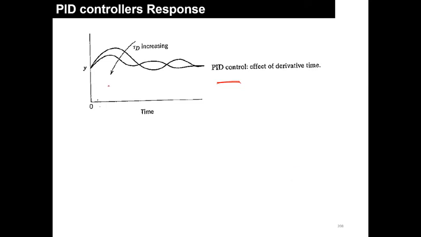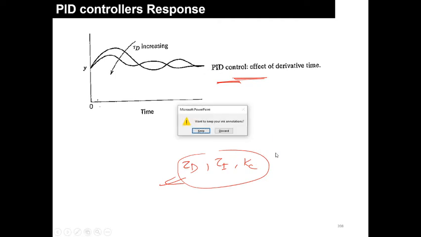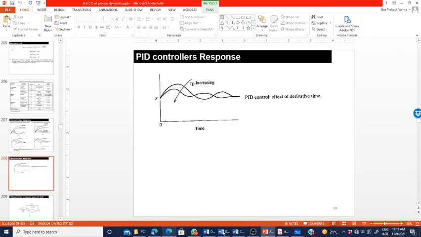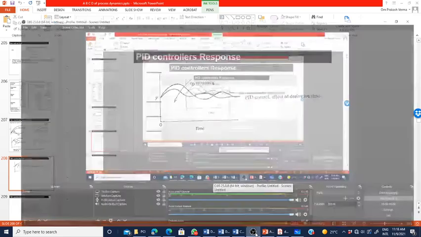Now come to this point, the tau d value. The response is ultimately corrected when tau d is increasing. Overshoot decreases, you can see, and the steady state response is corrected. So by tuning in this way, you have to choose the values of tau d, tau I and Kc such that your response becomes smoother and the error becomes lesser. Okay, so the next part is the realization of the PID controller using the op amp.